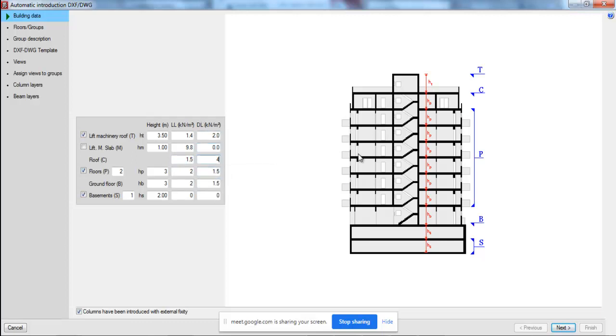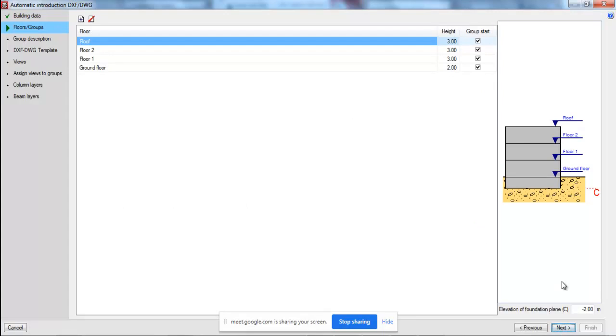Now since this is a very small building, we are not using any lift machine or something like that, so I am just switching it off. Otherwise you can give a lift machine roof height, its value, load, everything. Okay, that possibility is there. Right now I have just given all the information related to the number of floors, floor height, live load and dead load. Now when I come to the next, see, this is the actual building that I am doing.